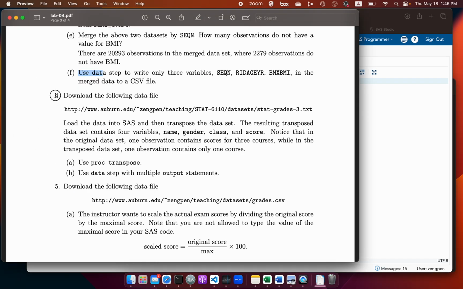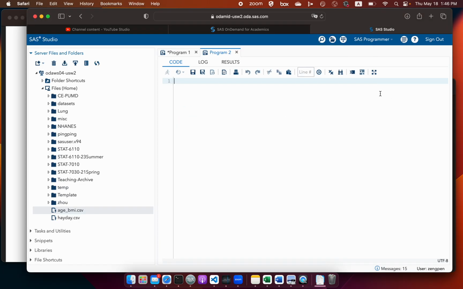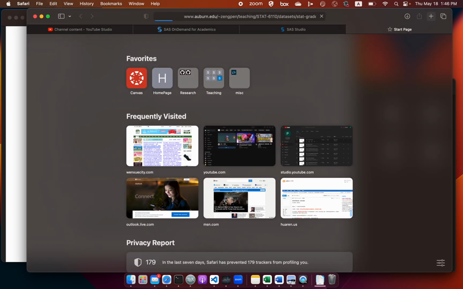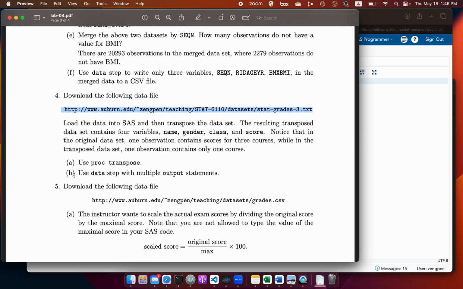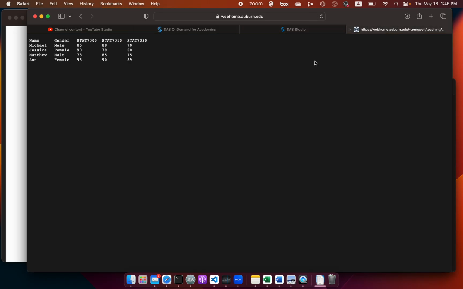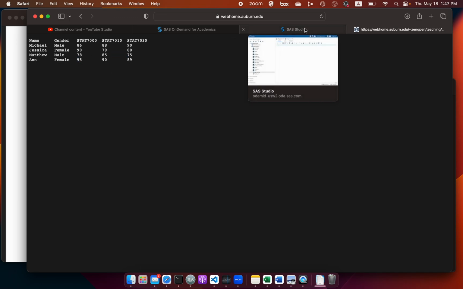Next one, question 4. Download the following data file. So let's check that. This is the data file. So we have some students, right? And so we have grades. Okay. So load the data into SAS and then transpose the data. Maybe let's load the data first. Well, so the values are separated by space. So we can just use,